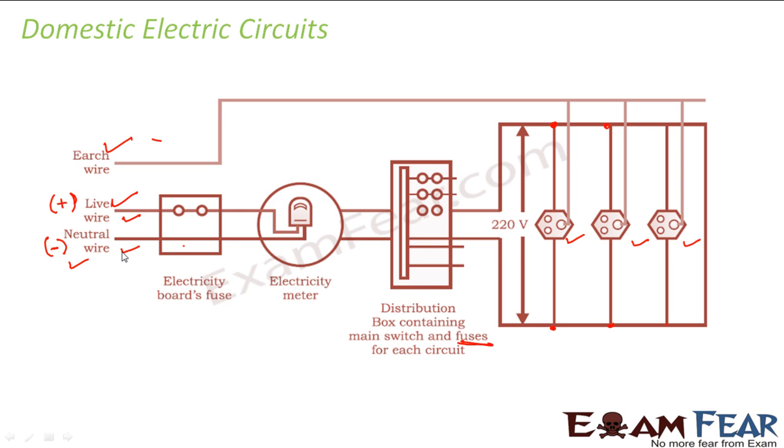The circuits are broadly categorized into two parts: one circuit to control all heavy appliances, the other circuit for all normal appliances like electric fans, bulbs, tube lights. It is always made sure that all the devices in the house are connected in parallel so that a constant potential difference can be maintained between each of them. Presence of fuse and presence of earth wire is extremely important because they act as a safety measure and prevent us from getting severe electric shock.